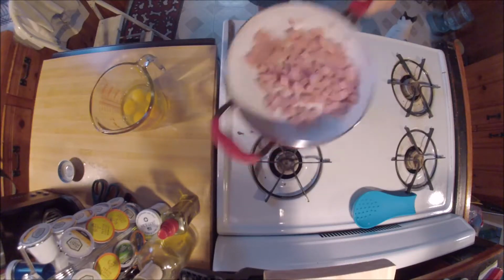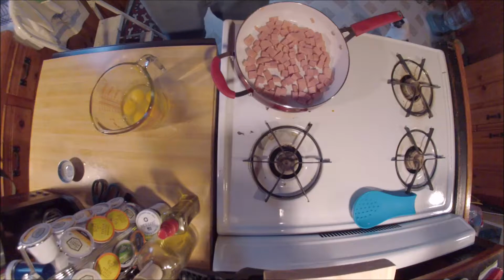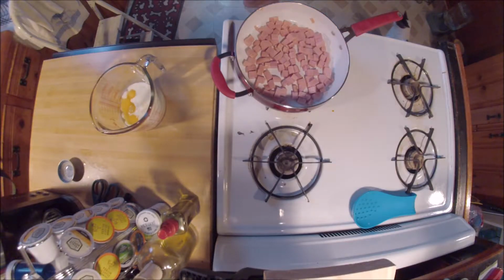Shake up spam so it's not all cooking on one side. And you get the spam just a little bit grilled by itself, so that way you kind of take the mushiness out of it. Most recipes say to just mix the spam and the eggs together and just dump it in the pan and cook it, but when you do them at the same time like that, the spam is